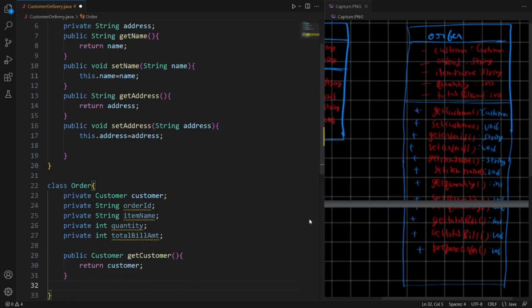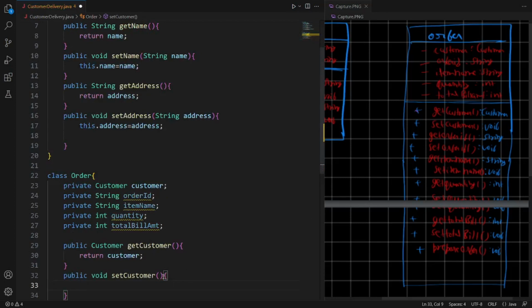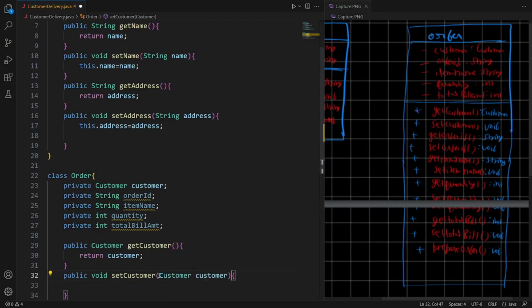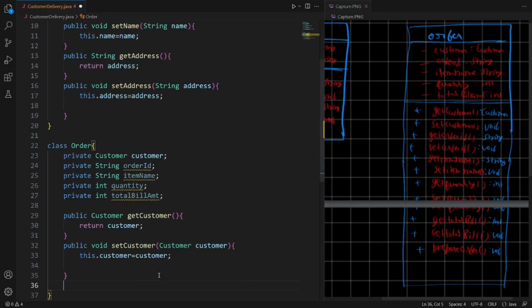We have set customer, so we have public void set customer, and it is going to take customer as a parameter, and this will just set this dot customer equal to customer. And we have one more method, get order id,